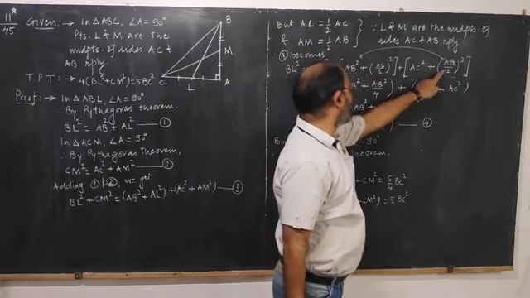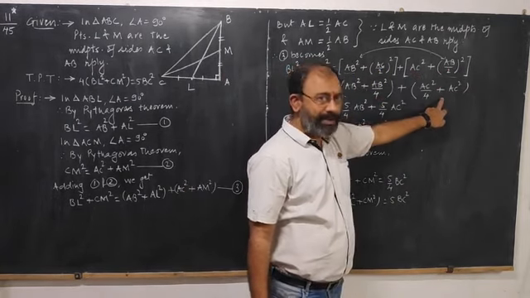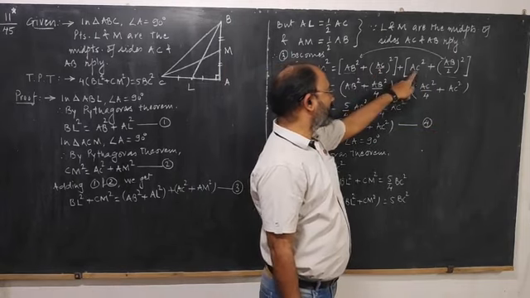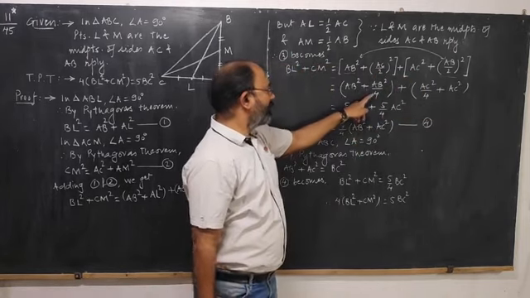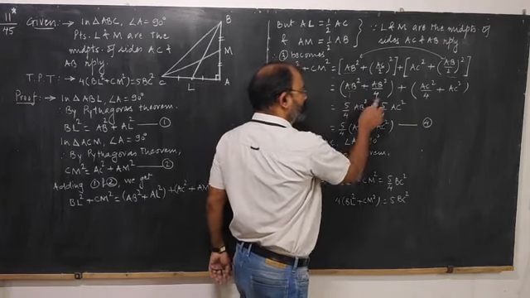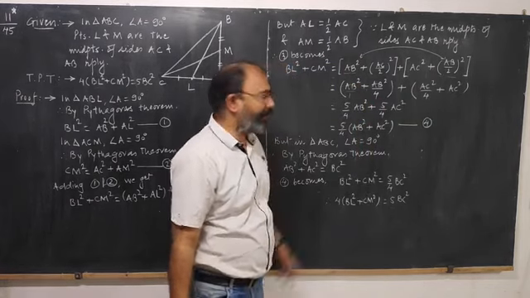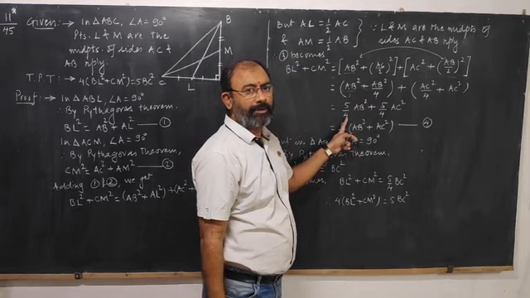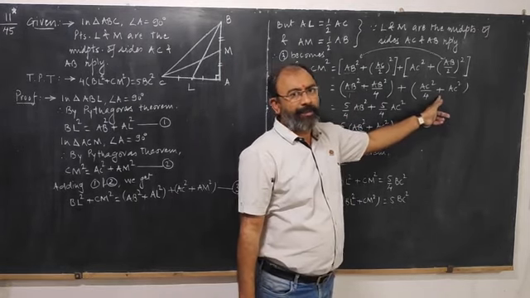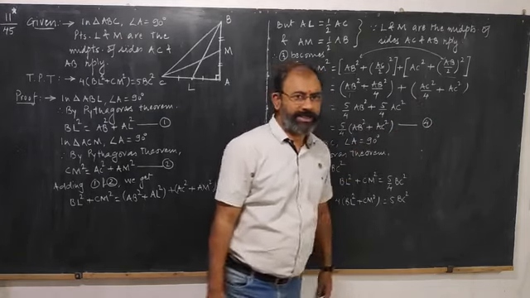So this term and this term I have clubbed in one bracket, and the remaining 2 terms simplified and collected in the second bracket. This will be AC square by 4 plus AC square. If I simplify this, the denominator is 1, so 4AB square plus 1AB square, that is 5AB square upon 4. So 5 by 4 AB square. In the same manner, here you will get 5 by 4 AC square. Take 5 by 4 common. You will get AB square plus AC square.